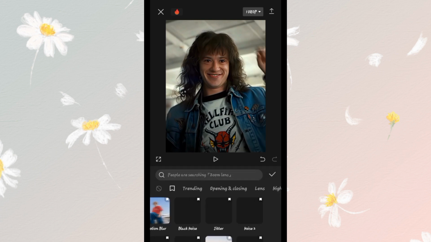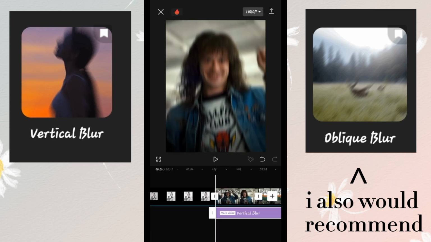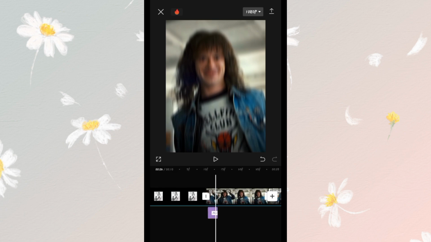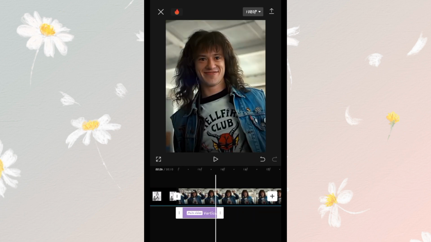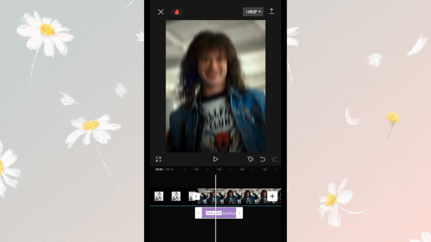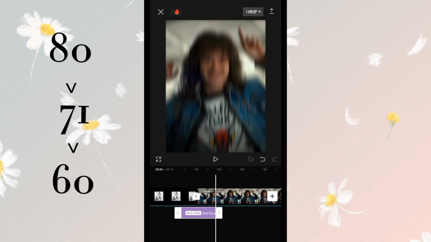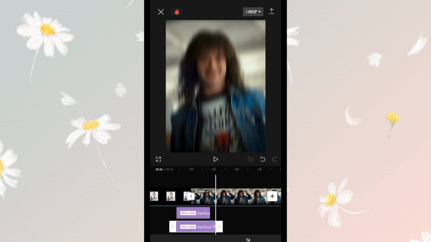So what I do is I add vertical blur. You can see it there. I add vertical blur and I shorten it to as short as it can go for the first little bit. Then I'll move that to between two clips, if that makes sense. I'll drag the adjustment to 80, then copy it, drag it a little bit further, and then drag that down to 71,